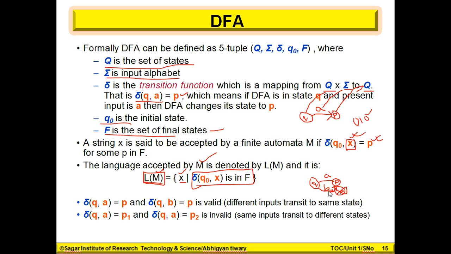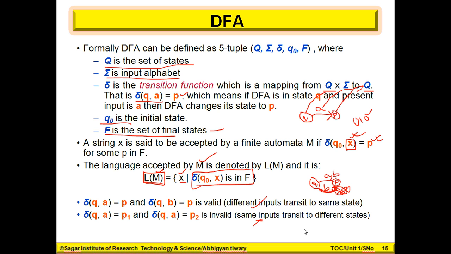We have a P state, so we are going to take this arrow directly, and need not make the same state again. So this is B, and you can also write it like this. This is also valid. For A we have P, and for B we can have P. But for A we can't have different states. That is how this is true, and this is how this is false.